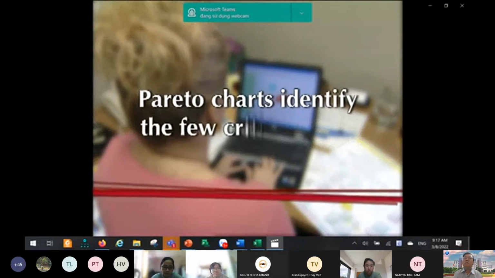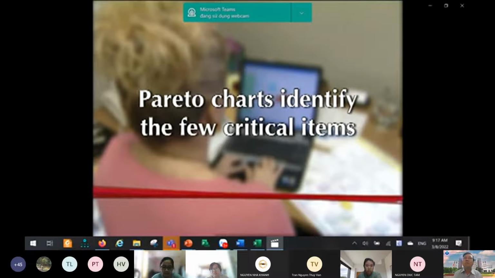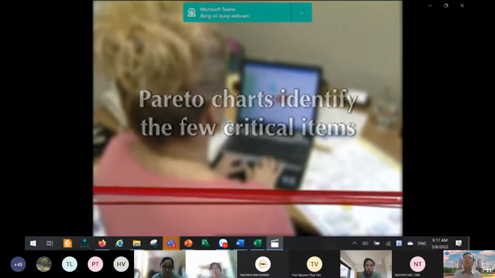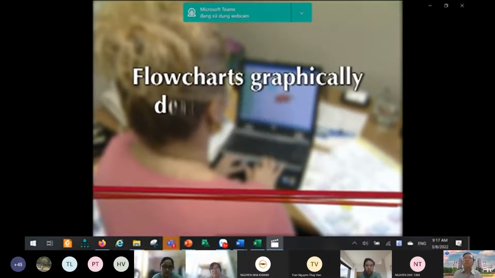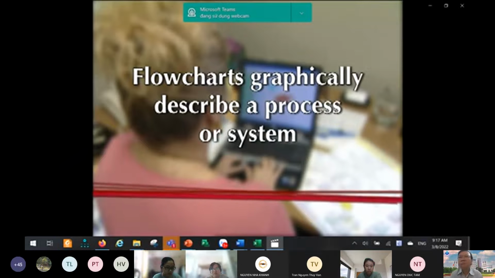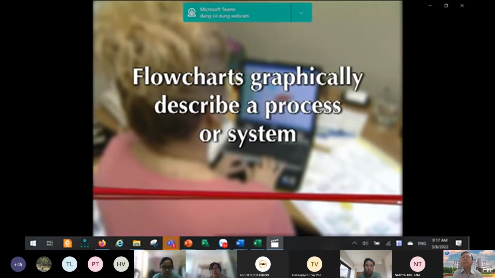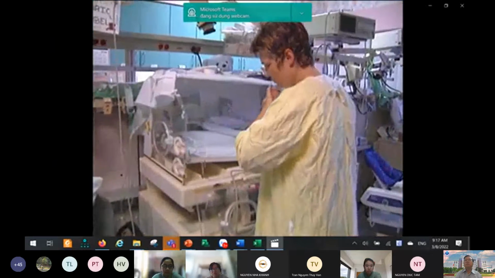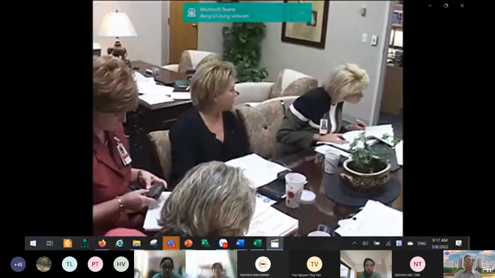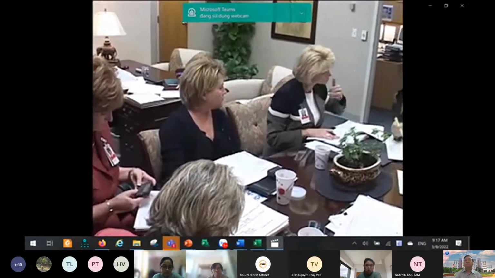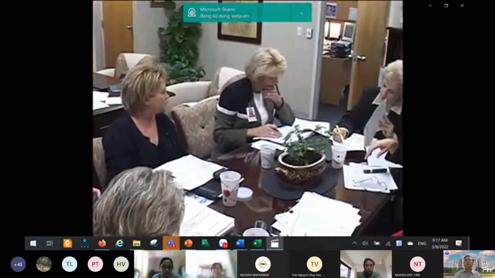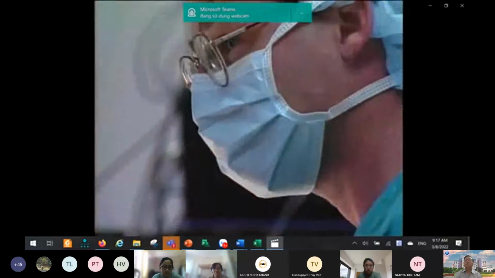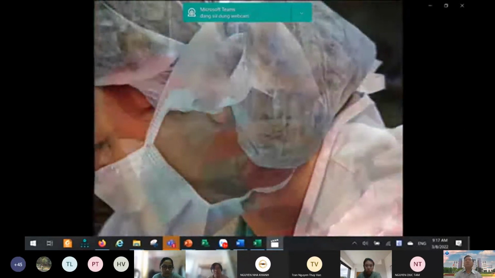Pareto charts identify the few critical items as opposed to many less important ones. Flowcharts graphically describe a process or system. This benchmarking is critical for understanding where opportunities exist for improvement. Administrators are quick to recognize that quality isn't just the responsibility of senior management. New employees are given an